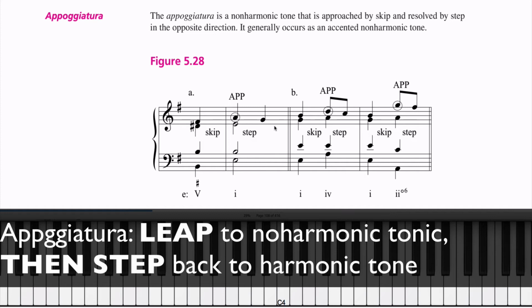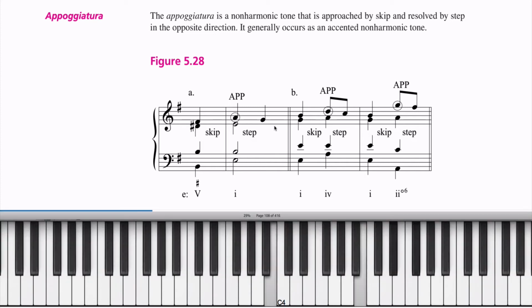So in this example, I have the F sharp on top. It's going to jump up to an A in the next chord where it doesn't belong. Once it hits the A, it steps down to a chord tone, so part of the chord, F sharp here,